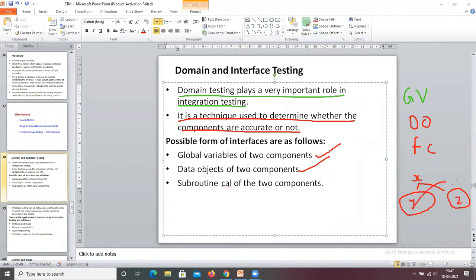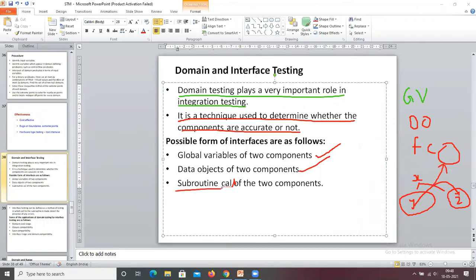Now I want to send the data to this component. And subroutine call of two components. So there is another function, and these functions can call this function. Subroutine call of the two components.